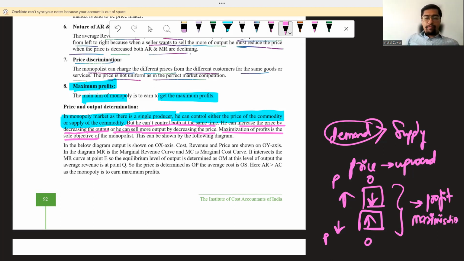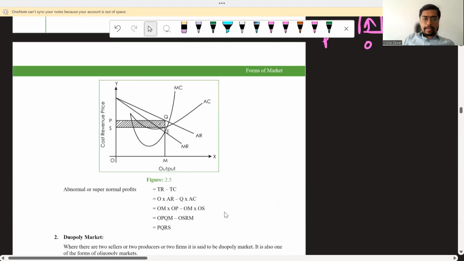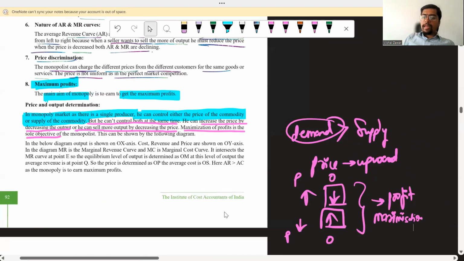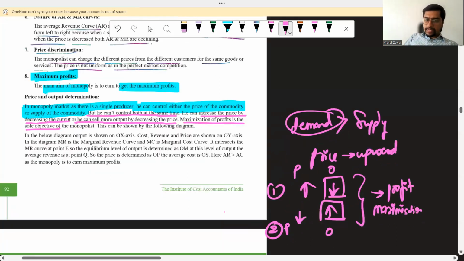तो अगर आपको प्रॉफिट मैक्सिमाइजेशन मिलता है, तो आप जिस भी लेवल पे, लाइक अगर आपको फर्स्ट ऑप्शन करके यू गेट मोर प्रॉफिट्स देन सेकंड ऑप्शन, then there is no harm in increasing the prices and reducing the output if my profits are maximum at point number one. वरना अगर आपका प्रॉफिट्स पॉइंट नंबर टू पे ज्यादा है, दैट मीन्स अगर प्राइसिंग कम करके आउटपुट बढ़ा के प्रॉफिट्स बढ़ा सकते हो, तो आप सेकेंड ऑप्शन के साथ भी जा सकते हो।